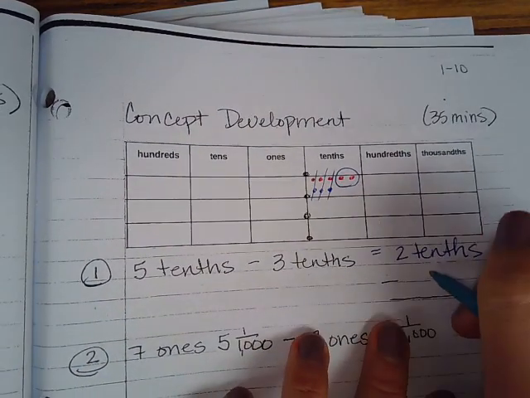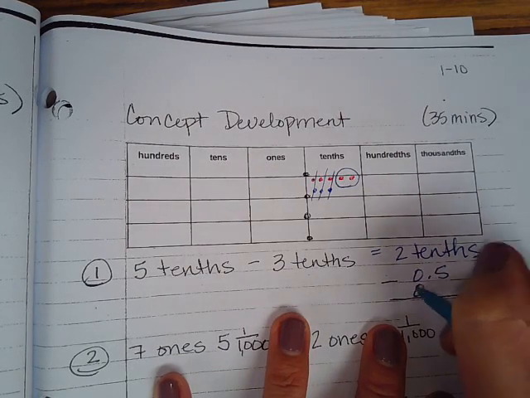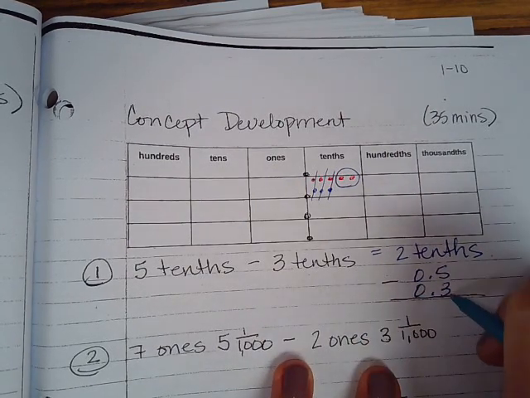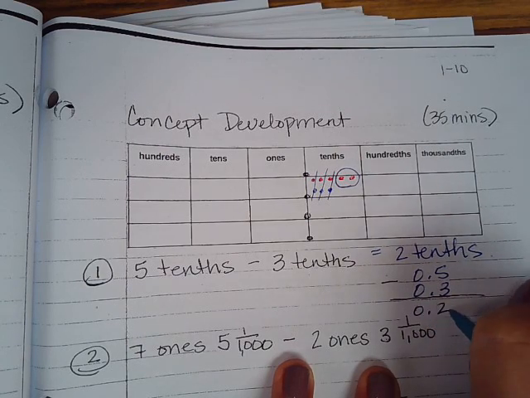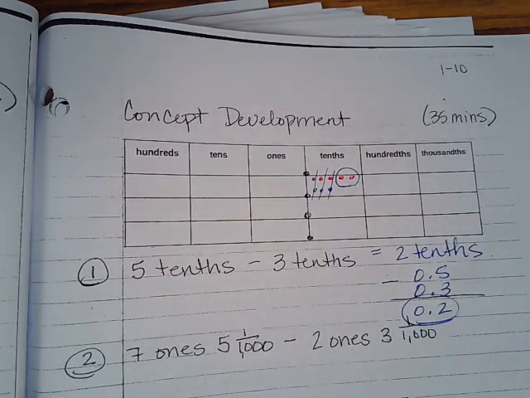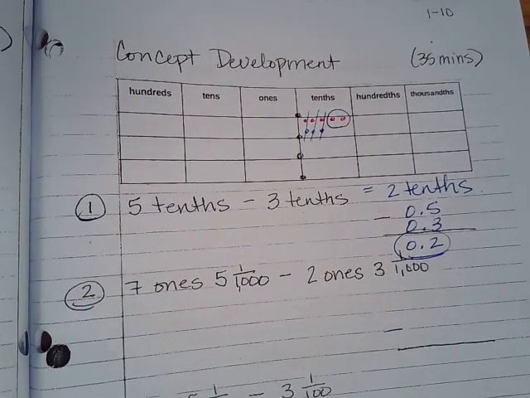So then if I write it here, 0.5 subtract 0.3. 5 subtract, you're going to take 3 away from 5, you're going to be left with 0.2. All right, next, moving on, we are going to